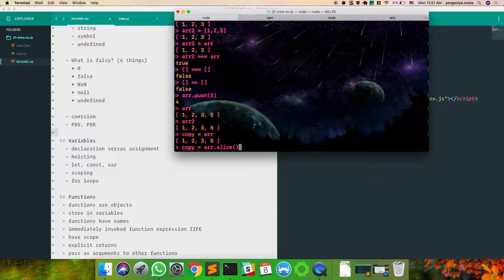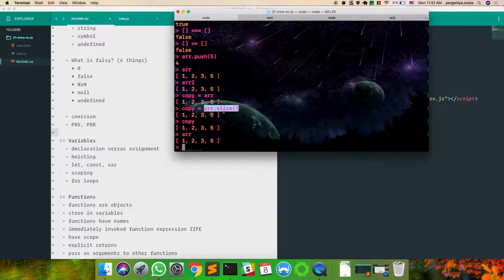It makes a new copy with what you want in it. And if you don't pass it any arguments, it thinks you just want the whole thing. So copy is this, r is still this, because that's what we copied. But we made it a new thing by using .slice.